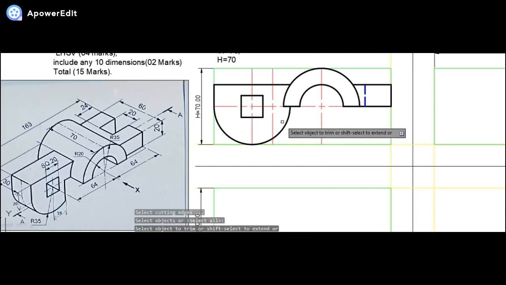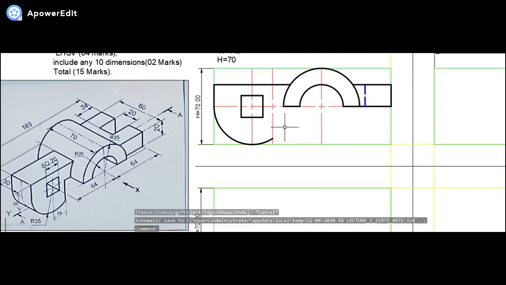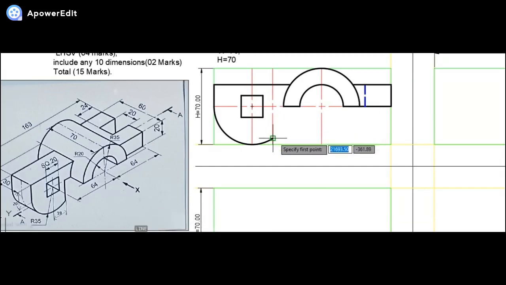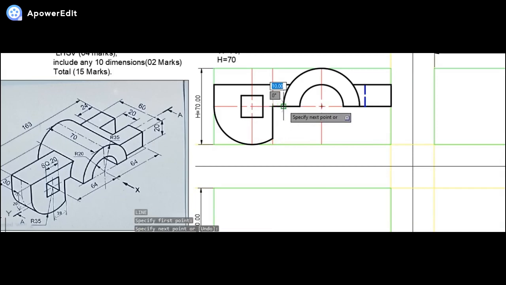So now whatever is beyond this will be trimmed out, and now I will be drawing a line from here till here and it gets completed. So this is the way that edge will be coming. We are done up till here, and whatever hidden edge was there, we have already shown it. Now further let us go for the top view.